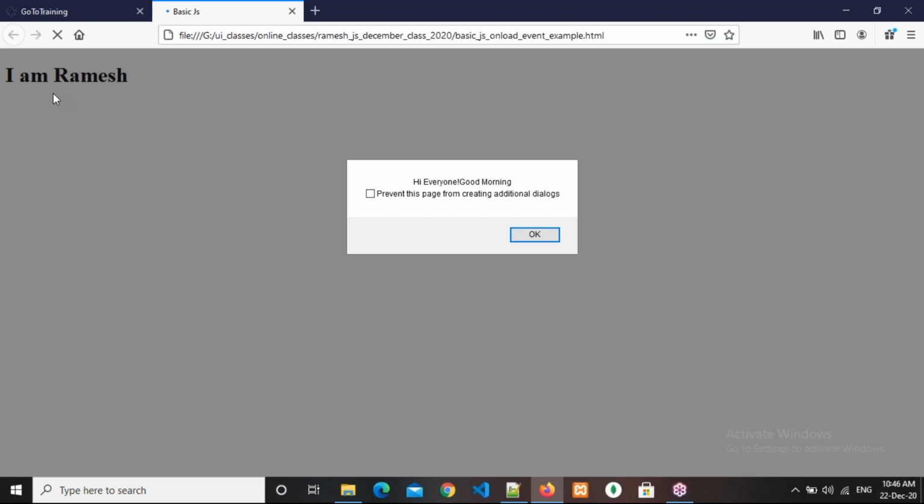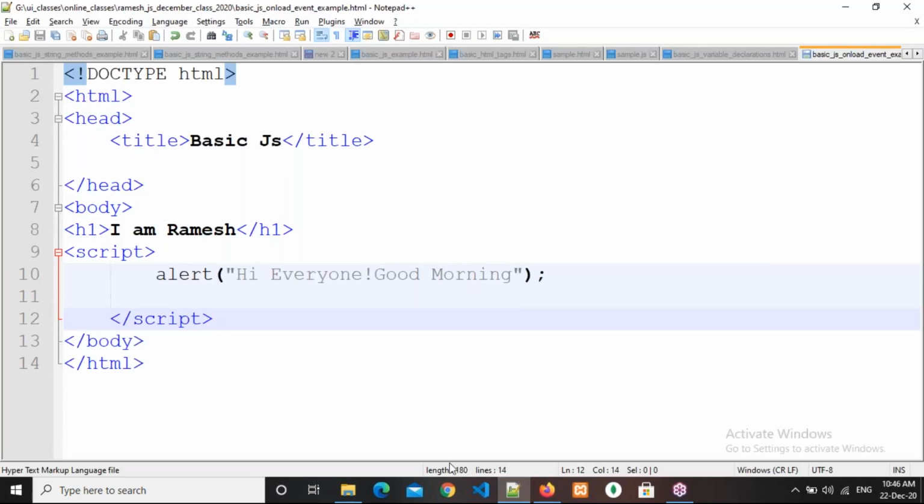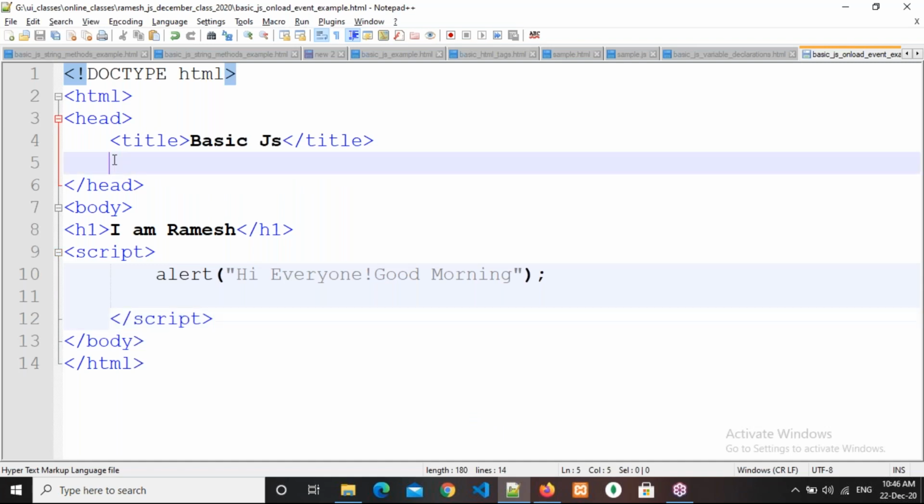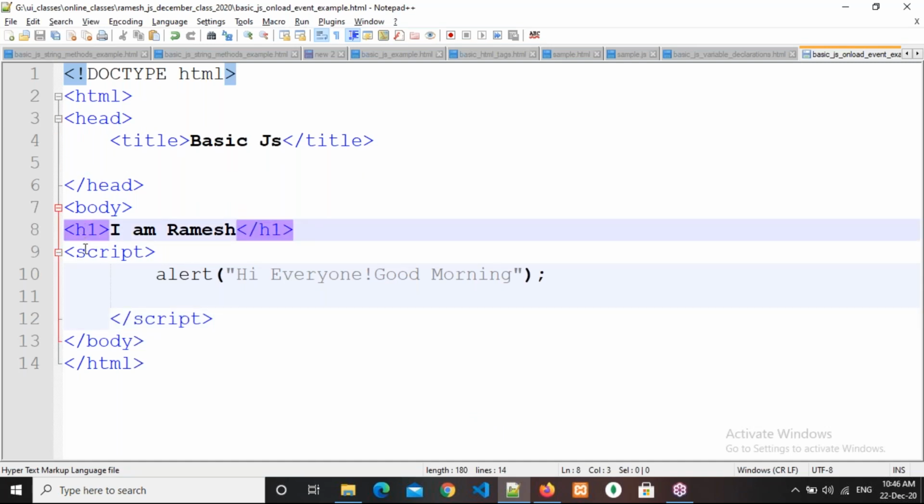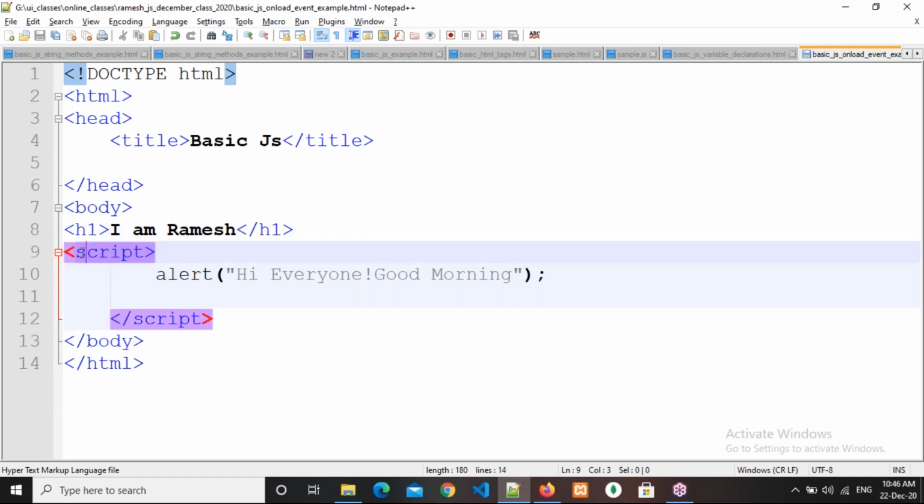Yes, we are seeing I am Ramesh. So here what I want to do is irrespective of the place. If I put the script in the head tag, first the script is loading, then after that the body loads. But if I put the script tag in the body tag, first HTML is loading, then JavaScript.